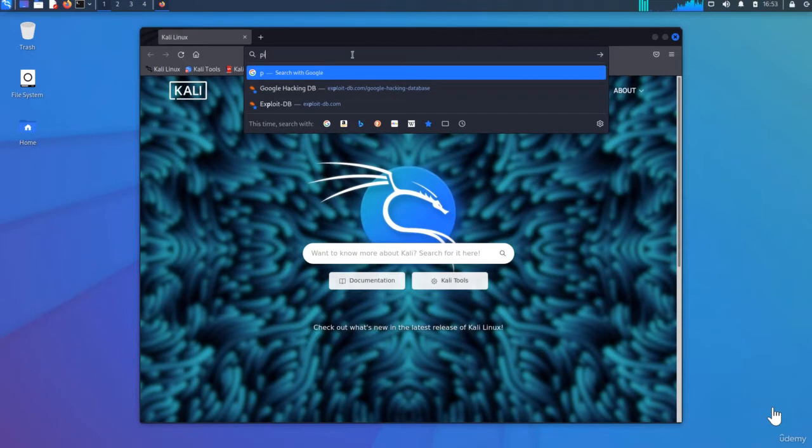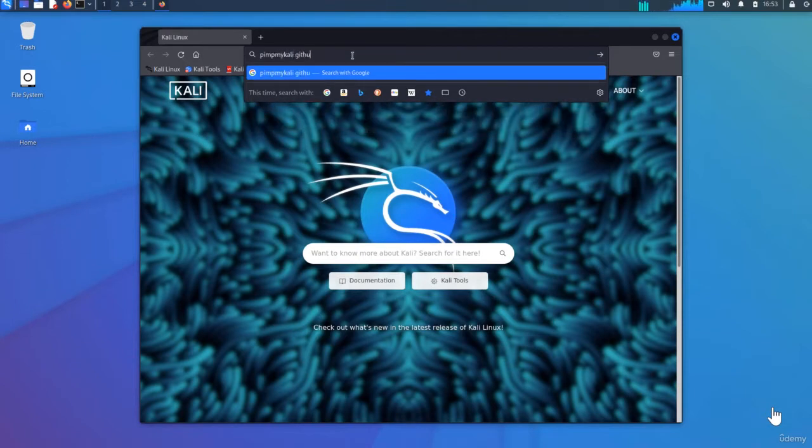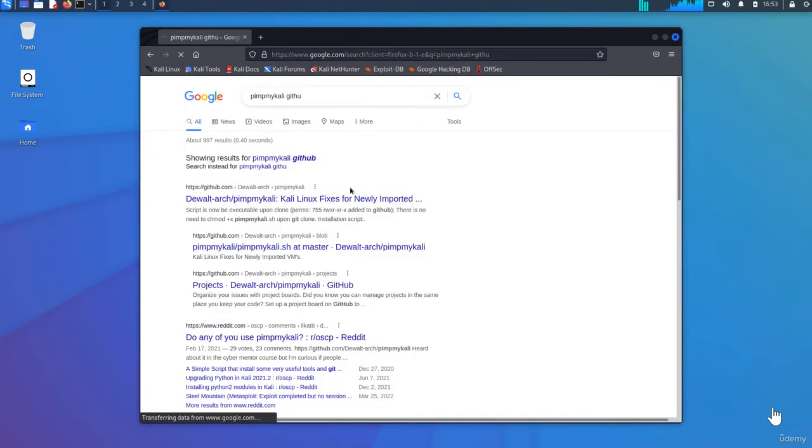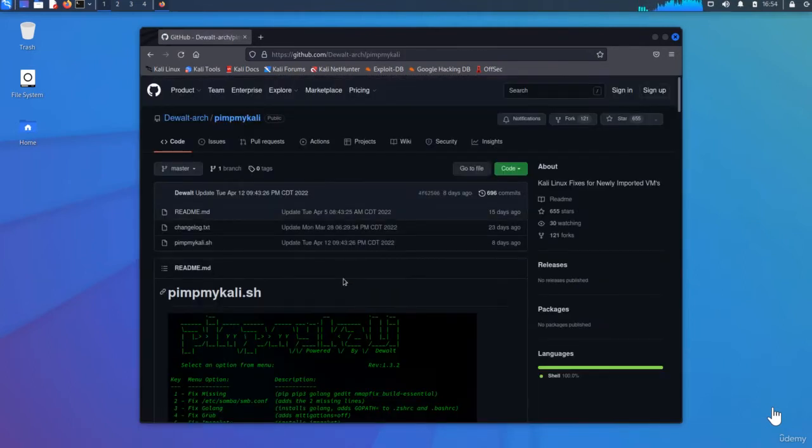So I'll say pimp my Kali GitHub. And it's the DeWalt-Arch repo. This script is the bomb. All right, so I'm just going to click code, click the copy icon there, then I'll minimize the window,